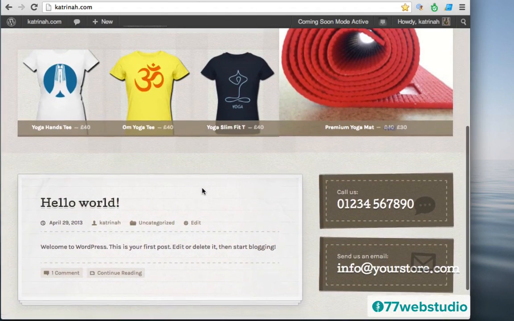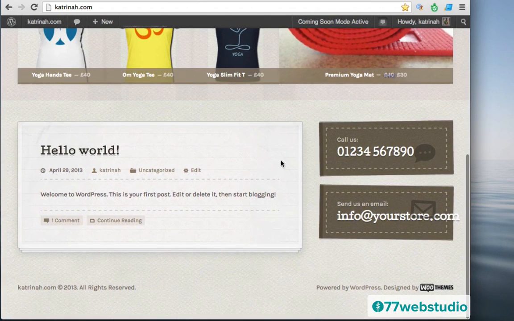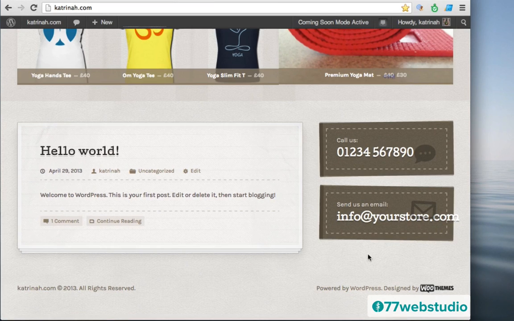Now the next thing is when we scroll down here, you'll note that we need to add a blog post, and also note that the size of my font is kind of falling off the screen a little bit. So to reduce the font size of these two items here in the sidebar, we once again need to open up Inspect Elements, find the CSS style code, and then we need to reduce the font size.